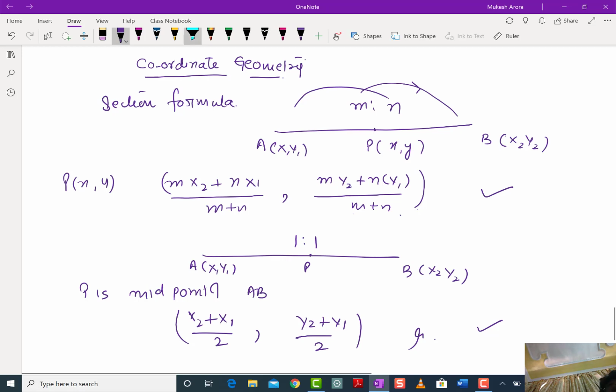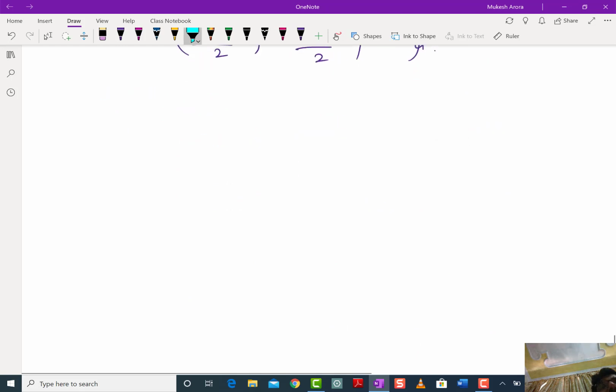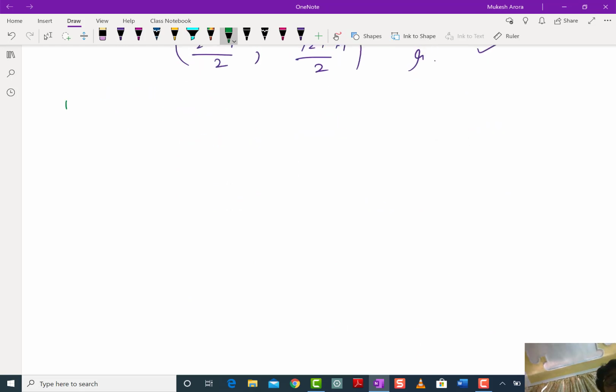Now, if you see, we have four things in this question. Always three things will be given to you and the fourth you have to find. It might be the value of P, meaning x, y, or a ratio, or A or B, whatever. The formula is the same. So let's do one sum and try to understand the concept.